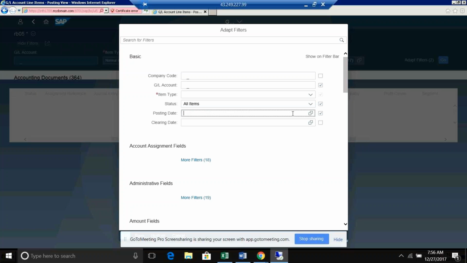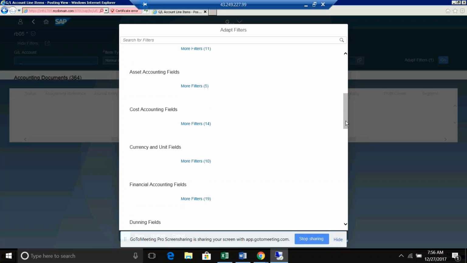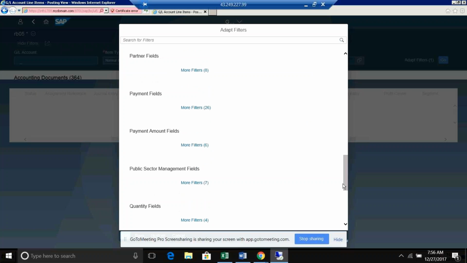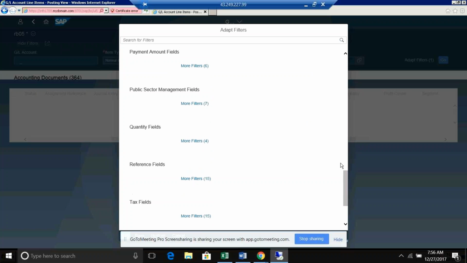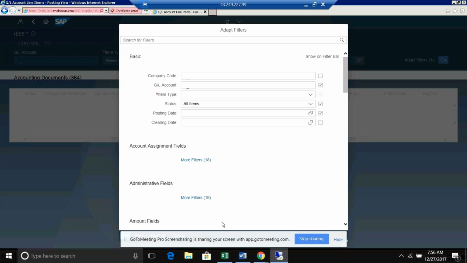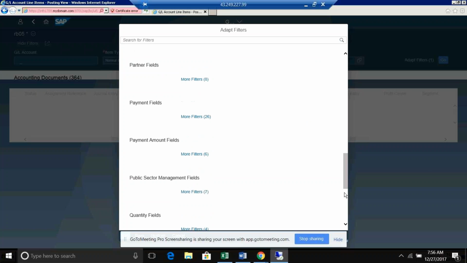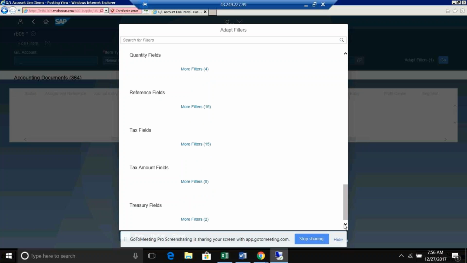But we have items from posting date, but somewhere there is some other filter. There are so many filters here by default. Somewhere it is filtering. It is not showing our items. There are so many filters here. Can't you clear all your filters at a time? Yes, we can put filters according to our need. I mean, whatever way we want to put, we can put with all these kind of things. But let me check.